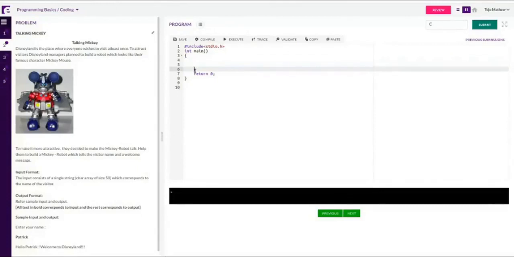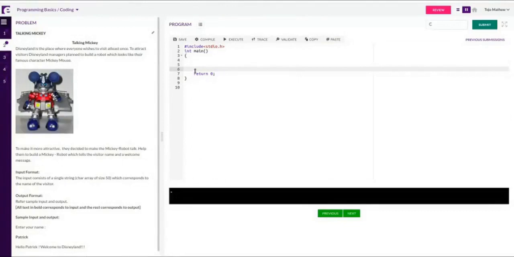Sir, 1.5 is also an integer type, no, sir? 1.5 is a real number, right? In mathematics, is 1.5 an integer or what? Same mathematics concept only. Integers are 1, 2, 3, 4, 0, minus 1, minus 2, minus 3. Anything coming in between is a real number. There are two ways of representing a real number in C. One is using the float data type, one is using the double data type. When the precision is very large, we go for the double data type. If the precision is smaller and the magnitude is also smaller, we go with the float data type.